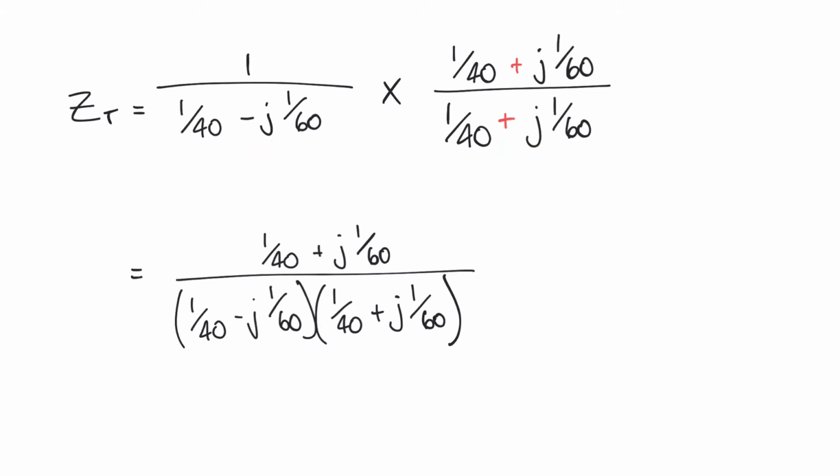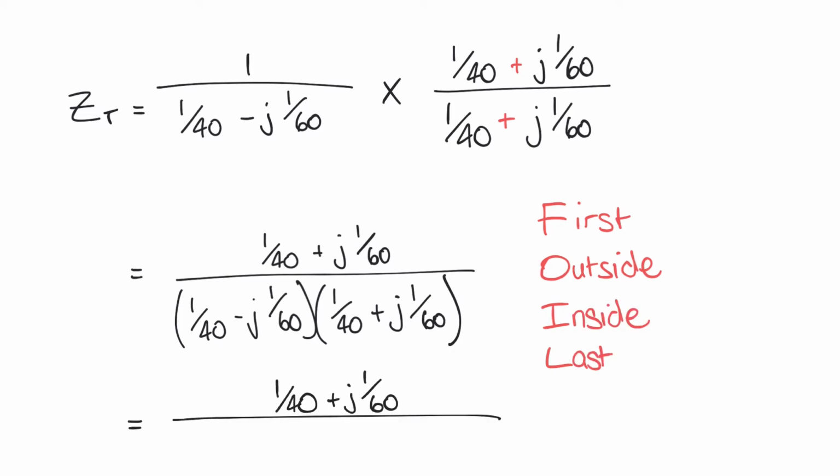Now, one of the useful things, if you've not seen our previous videos on multiplying out complex numbers like this, is that when you multiply a complex number by its own conjugate, the result is always a real number. You shouldn't have an imaginary number in the result, and we'll hopefully see that in just a second. So multiplying out the bottom of this fraction here, I tend to use the acronym FOIL, which stands for first, outside, inside, and last. If we multiply out the first terms, what I mean is the first terms in each of the brackets. So the first here will be 1 over 40. The first term in the second bracket would be 1 over 40. We have 1 over